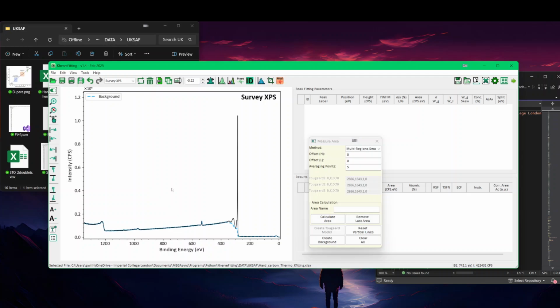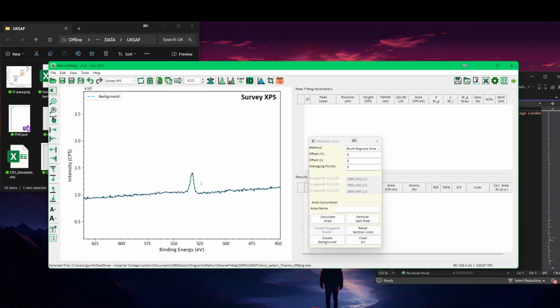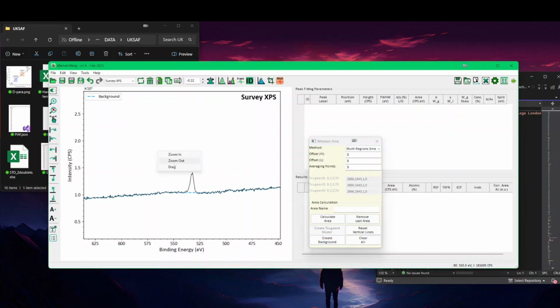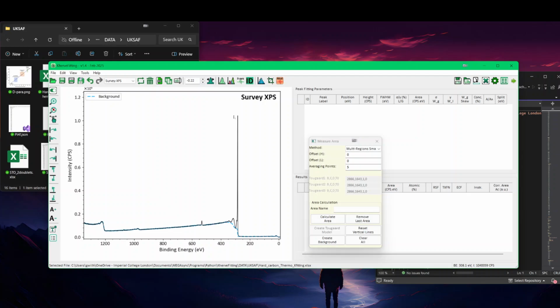You may zoom out and continue by zooming on the oxygen 1s, for example. Often the second line is hidden in the other line, so you just have to move it. Then we can create the background. Now you can see that we have created two backgrounds. That way you can